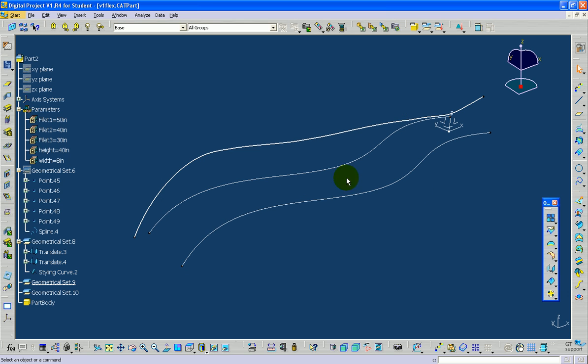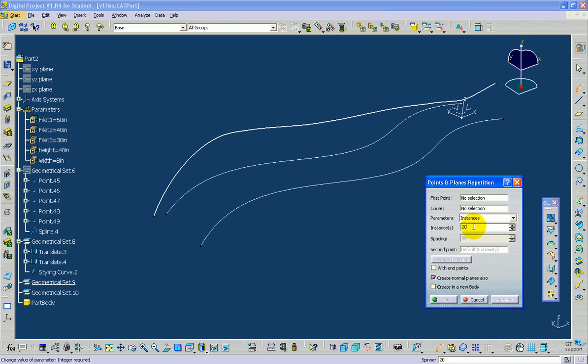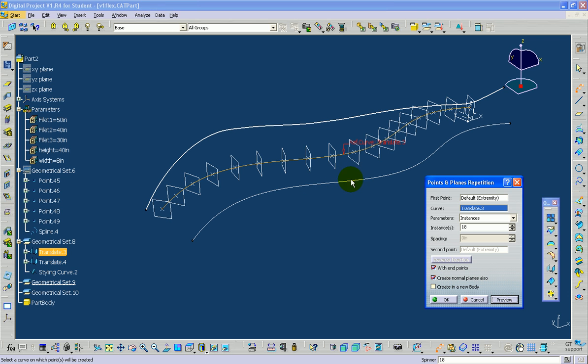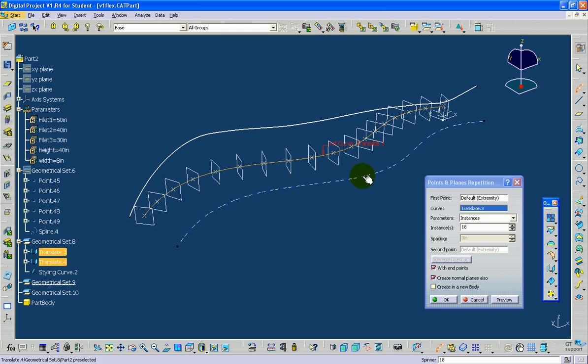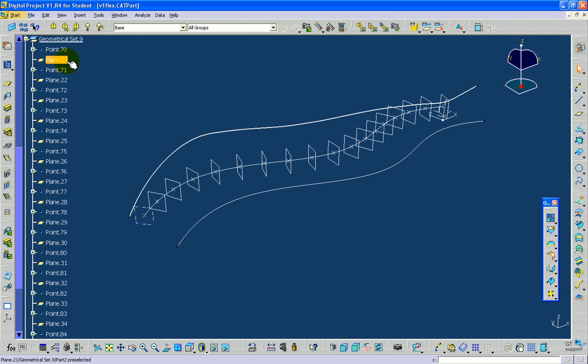and I also need to create my series of planes. So I'm going to go to Points and Planes Repetition, and I'm going to create points and planes on the curve, and I'm going to select this curve, 18 instances with endpoints, create normal planes also, preview. So here are my planes and my points, hit OK, and it creates it all in the same geometrical set, so